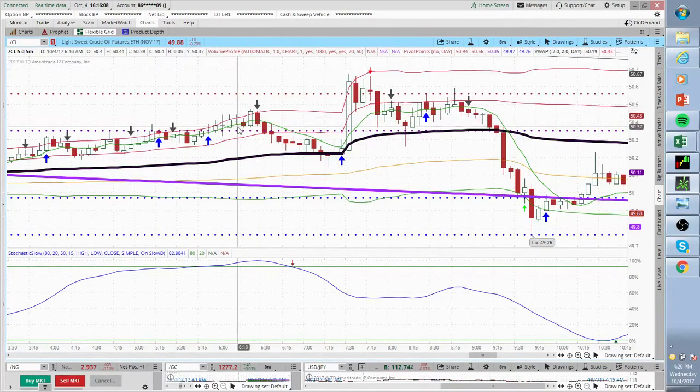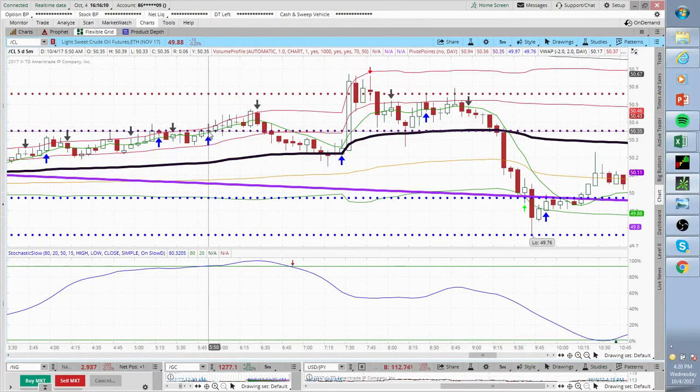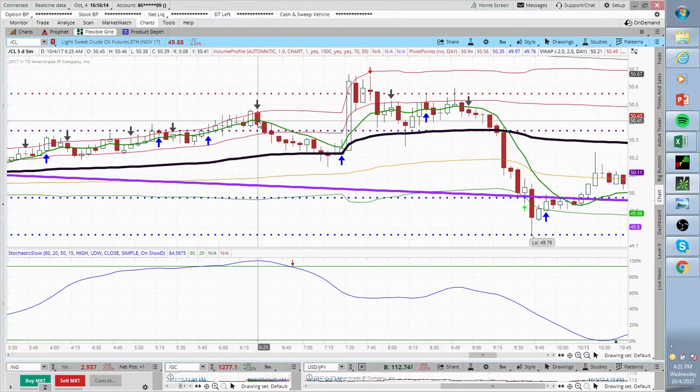So you're going to get a move here. You're talking a high of 50.39 and a low here of 50.38. You're not going to catch the bottom or top, but there's probably 5 or 6 cents in here. Now, I didn't take this trade. I'm just pointing this trade out to you. But I did take this trade,